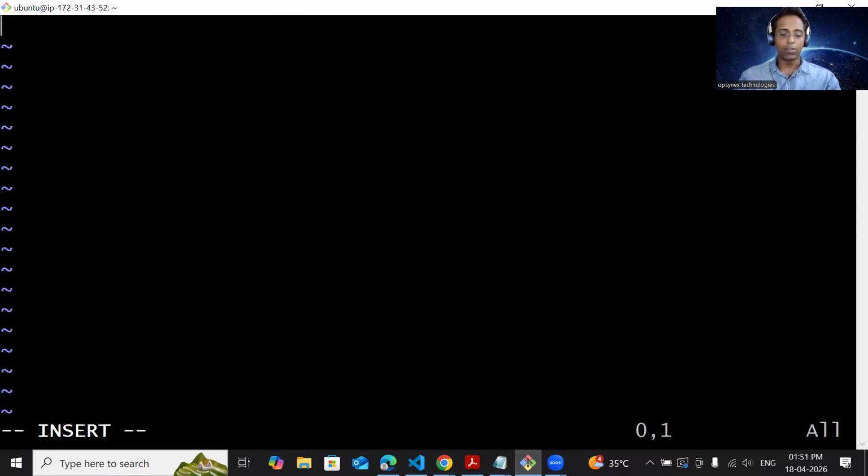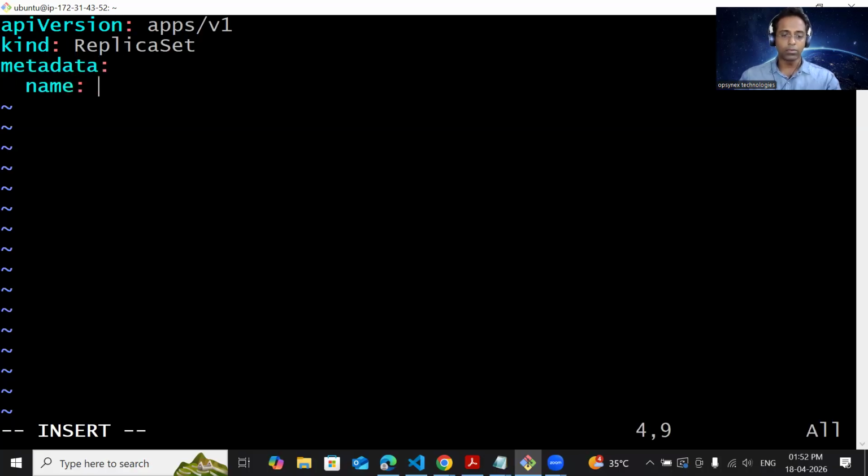replica.yaml. The file should have a .yaml extension, and I need to say apiVersion colon space apps slash v1, enter. kind colon ReplicaSet. So the R and the S should be in caps, and metadata colon and the name of the replica set. We can give any name, like I'll say my-rs, the short name, and the spec